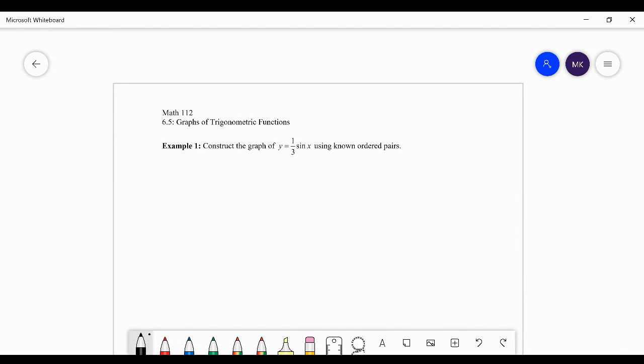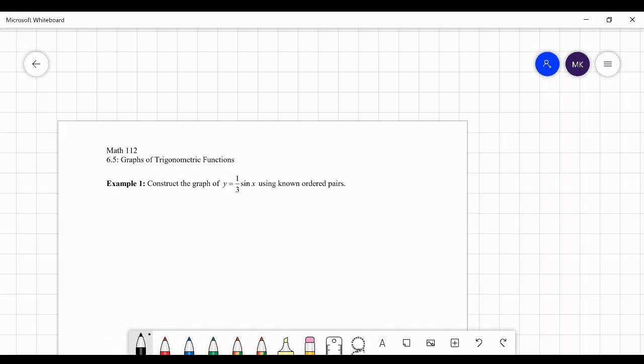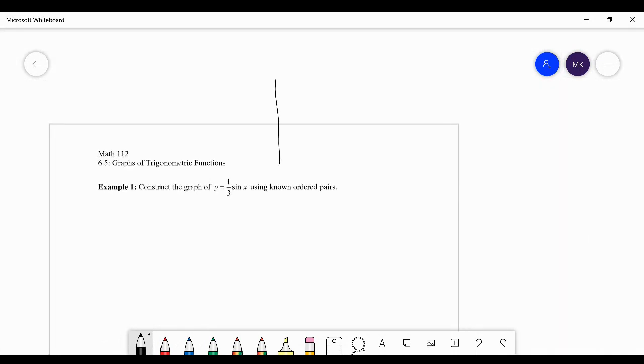That way we can go from, say, 0 to 2 pi, and we can complete a full cycle of sine and cosine. We'll talk about what that means. It's really called a period. So what I want to do right now is refresh ourselves on what the graph of sine looked like. So if I just do a very simple